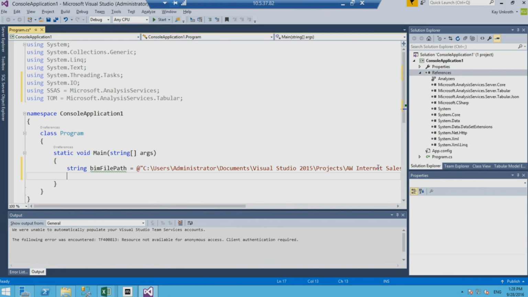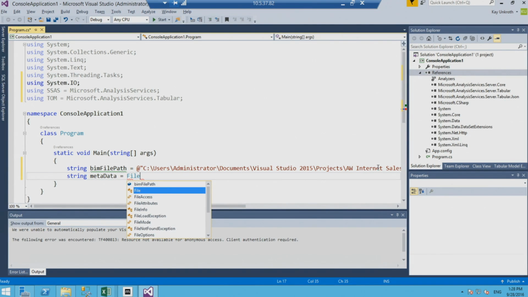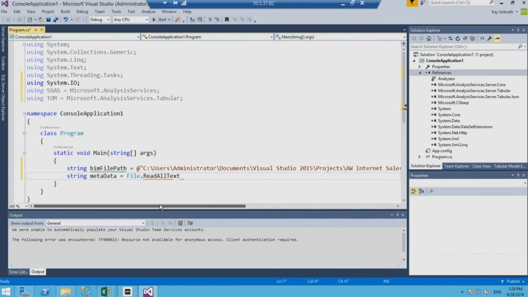And what I need to do with that path is I need to read out the metadata. And that's easily done with the file object. Read all text. And then this BIM file path. Great. And now I need to deserialize this metadata into a TOM database object, and then we're ready to party